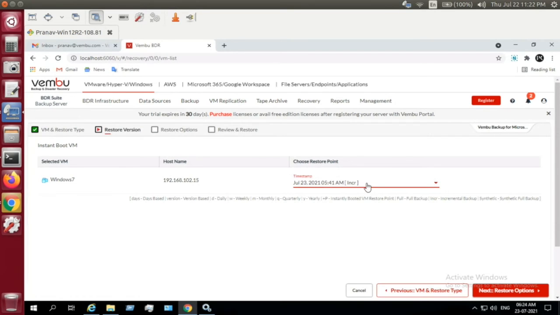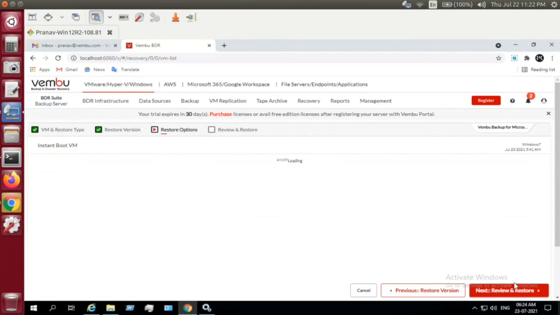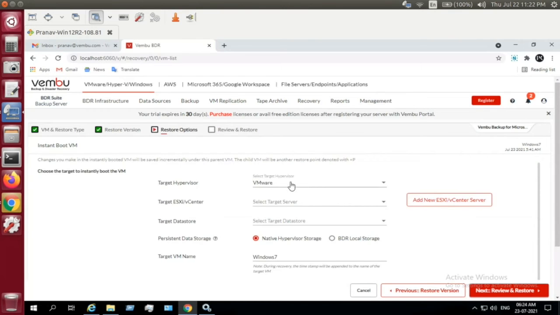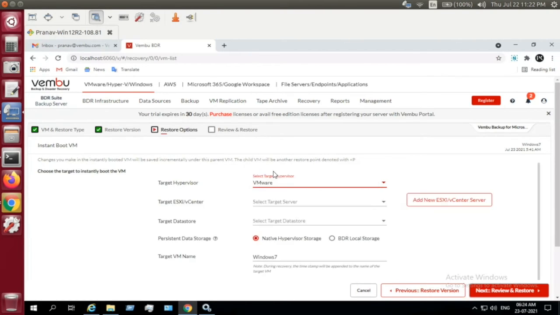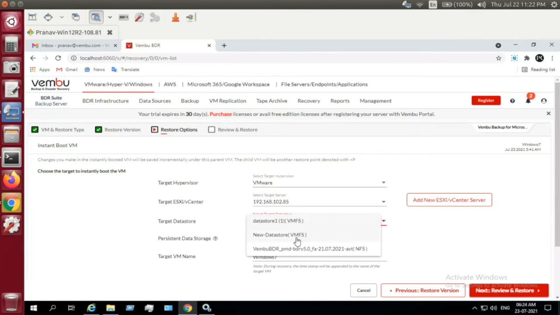So this particular backup timestamp that I want to move in, I can choose here. Either I can restore it on a VMware host or on a Hyper-V host. If I'm going to use a Hyper-V host, I should make sure that this BDF backup server is running on a server environment enabled with the Hyper-V role. In that case, I can boot the data directly on that Hyper-V. But for VMware, you can just give the target server name and the data store, and I can run the